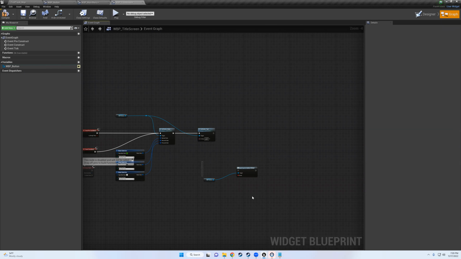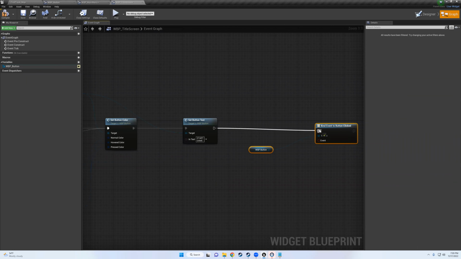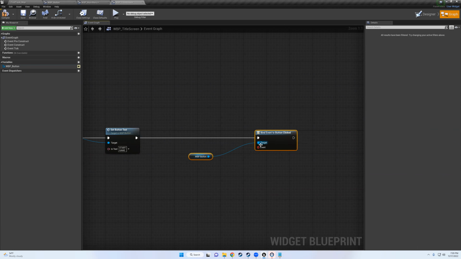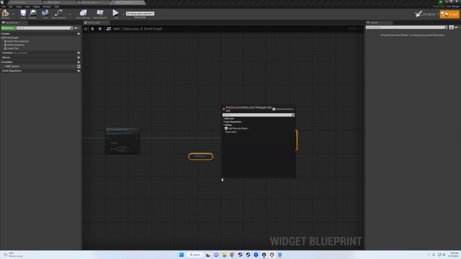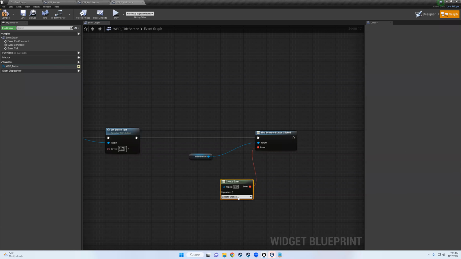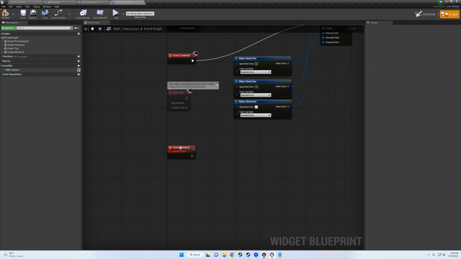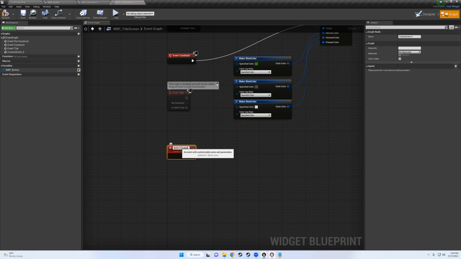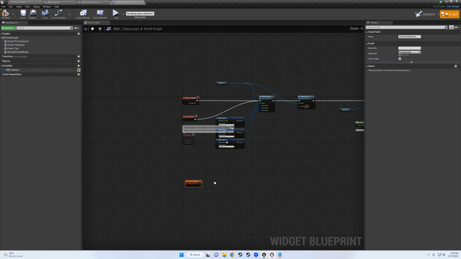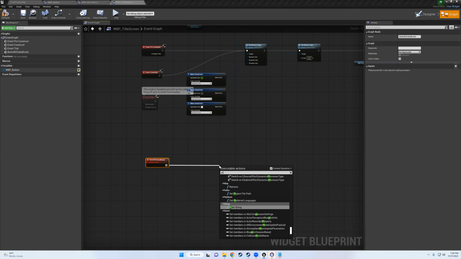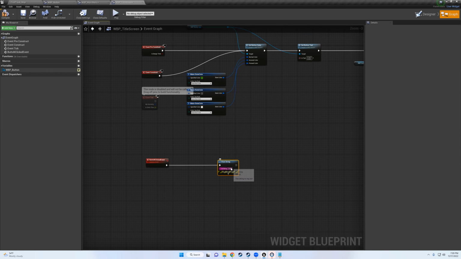And we'll go here, here. And then we'll create a matching event. It's gonna be button click event. And then for now, it's just gonna say print string, start button clicked. There we go. Okay, so